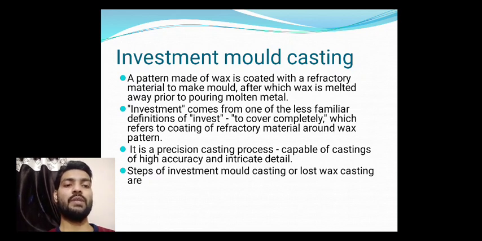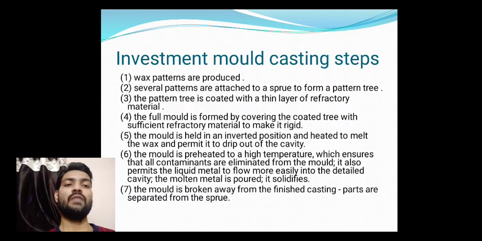The steps of investment mold casting, or lost wax casting, are: wax patterns are produced. Several patterns are attached to a sprue to form a pattern tray. The pattern tray is coated with a thin layer of refractory material. The full mold is formed by covering the coated tray with sufficient refractory material to make it rigid. The mold is held in an inverted position and heated to melt the wax and permit it to drip out